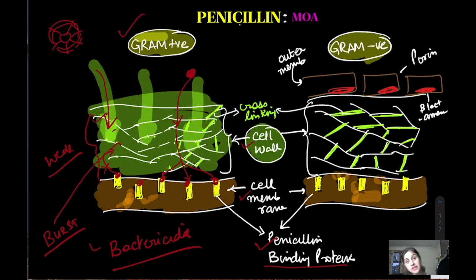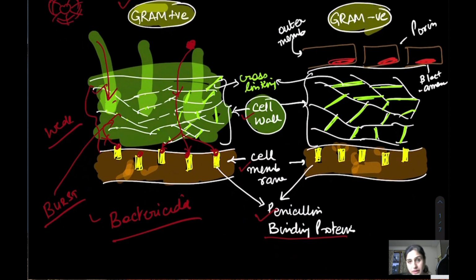Now why not against gram negative? Let's see the right side of the picture. You see on the right side the gram negative structure. They have a cell wall like gram positive, check. They have a cell membrane like gram positive, check. But what they additionally have is an outer membrane. That's an additional feature which was not present with the gram positive. So this outer membrane consists of gaps in between, which are called porins, and also they have some enzymes like